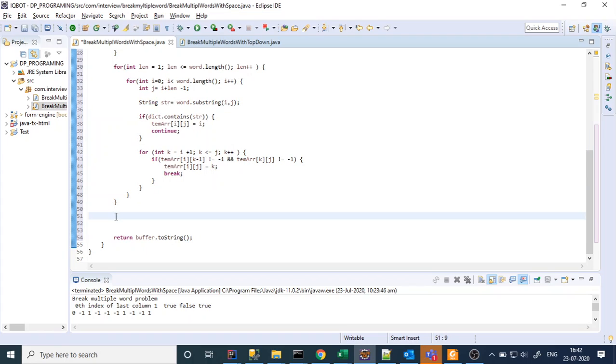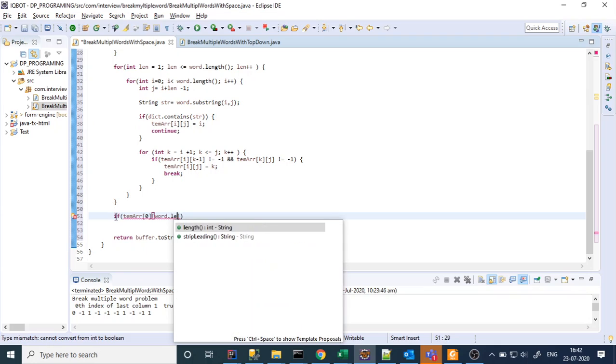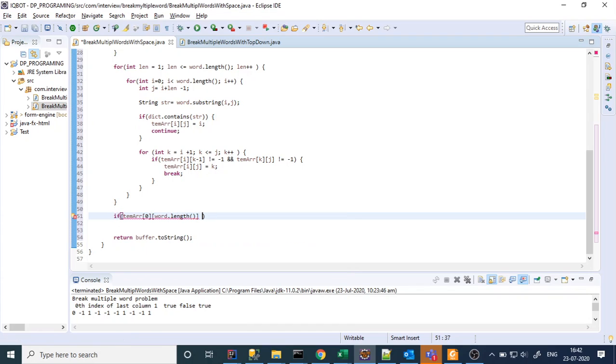Now, how can we utilize it? That is the problem. Suppose the last column of the zeroth index, temp array of 0 and word.length minus 1, is equal to minus 1.